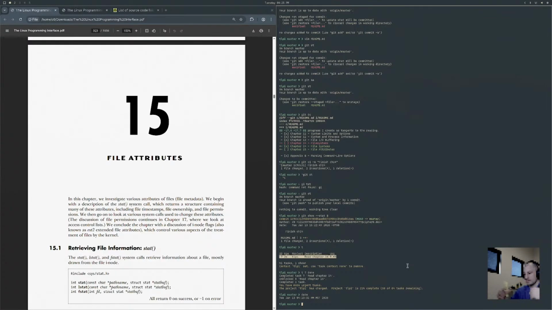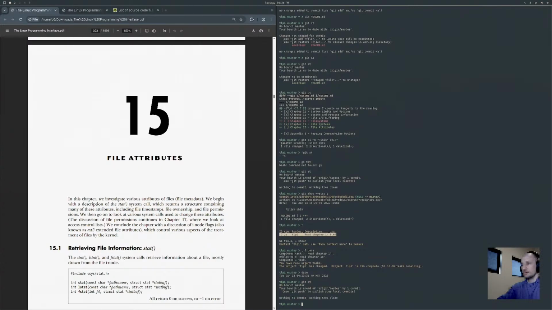All right, we got 30 minutes remaining, so let's start on file attributes, and then I'll need to run to the store, do some grocery shopping, eat dinner, and then get back, do some cardio, at least 30 minutes. So I might not have more than like an hour. I think I might just take a break now. That way I can go to the grocery store, get all my stuff done, and then come back. So it's going to be at least an hour and a half, maybe 2 hours. So 4:30, 5:30, 6:30. I'll probably be back around 6:30 my time, if not earlier, if I can get this stuff done faster.